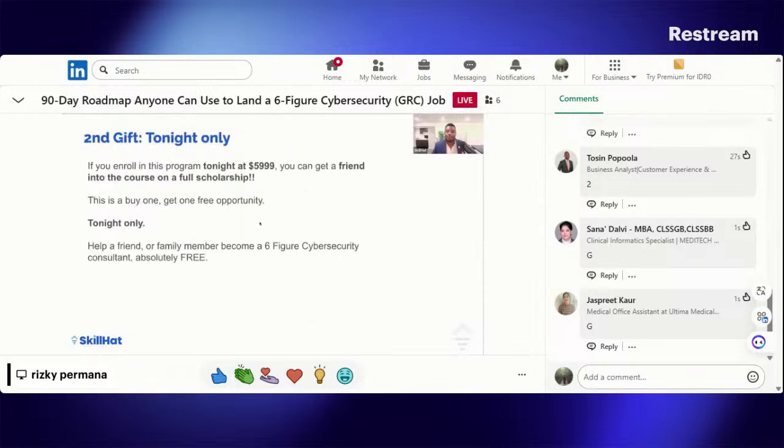Guess what? That's the deal. If you enroll tonight in our cybersecurity GRC program at $59.99, you can get a friend into the course on a full scholarship. This is what's called a buy one, get one free opportunity. Tonight only. Okay? To help a friend or family member become a 6-figure cybersecurity consultant absolutely free.